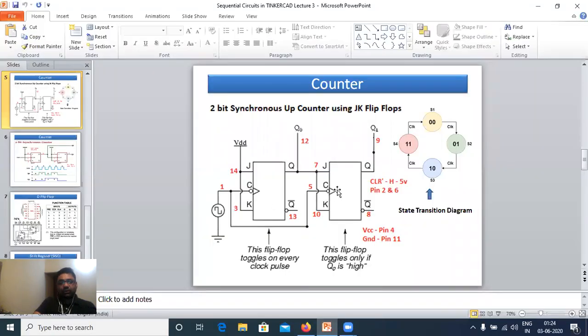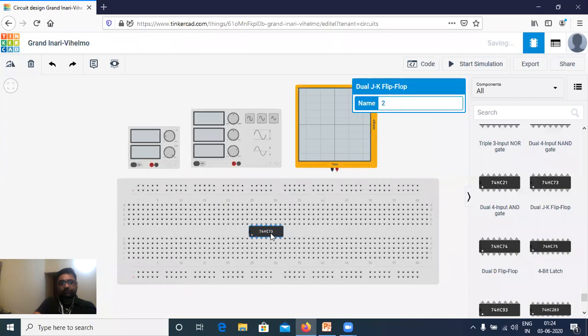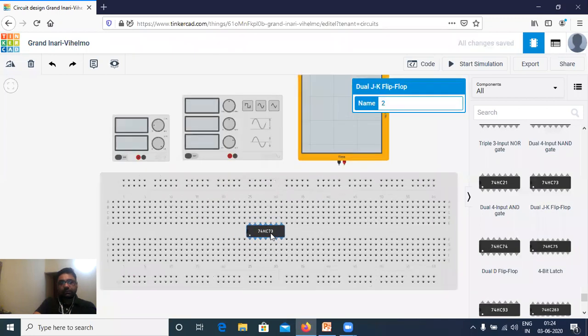I require only two flip-flops for a 2-bit synchronous counter. Two flip-flops are present in one IC, so I will take only one IC. I'm putting it here. Okay, fine. So this is my JK flip-flop.